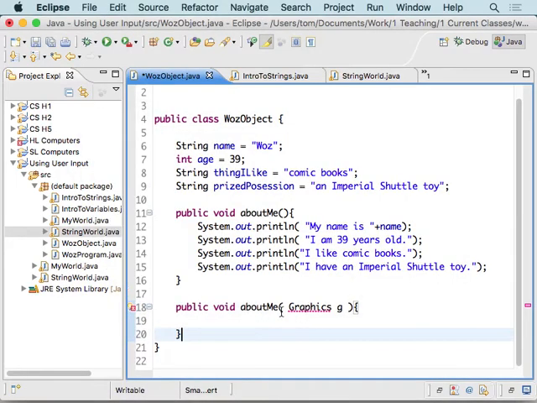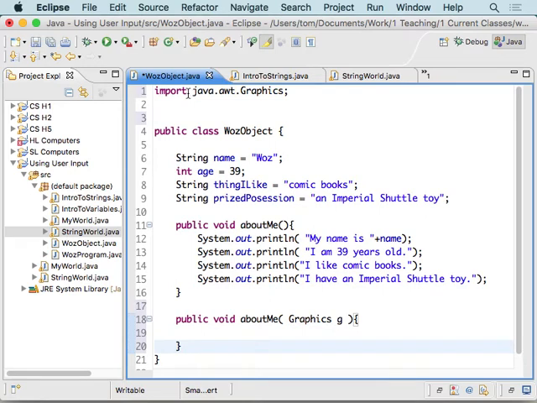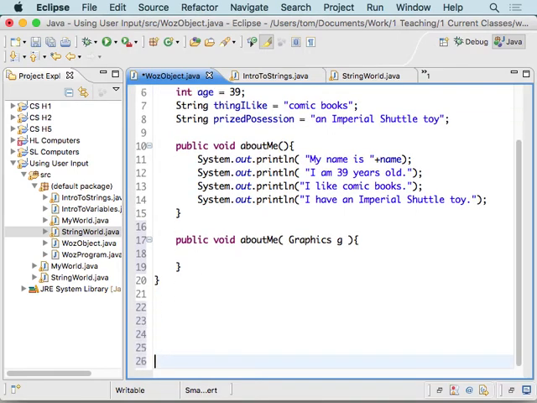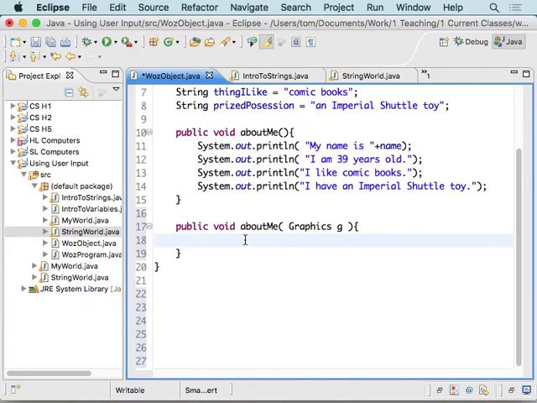When you import graphics, it adds this line up here to tell the class, hey, you're going to use java.awt.graphics. We can talk more about that at a later date, but it's really not all that important right now. So in this about me method, what we're going to do is say